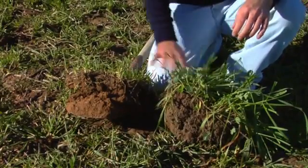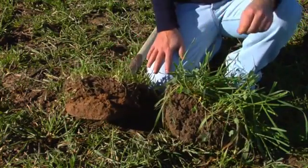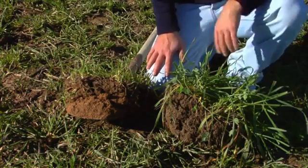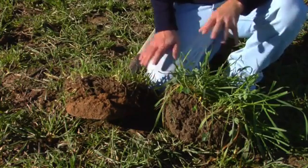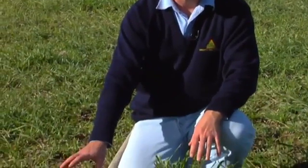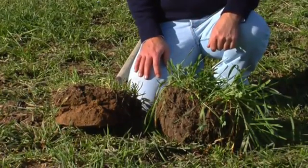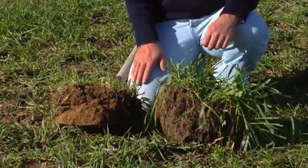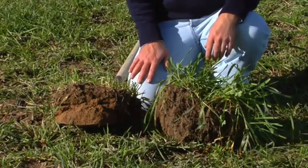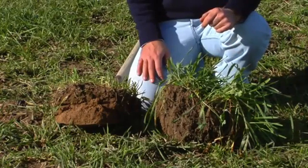Notice a difference in foliage of the 2 crops there on top. Even though this one here has been grazed longer and harder, still has stock in at the moment, we've got better foliage production. Both these paddocks were irrigated. This paddock has actually had more irrigation water applied than the Best treated. Rainfall this year has been about average for what we'd expect. So the combination of an average rainfall season to date and irrigation water,